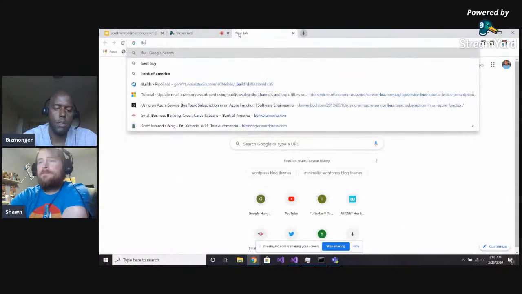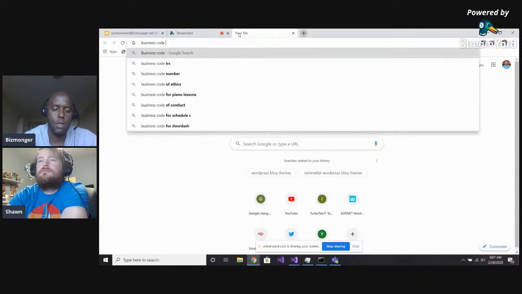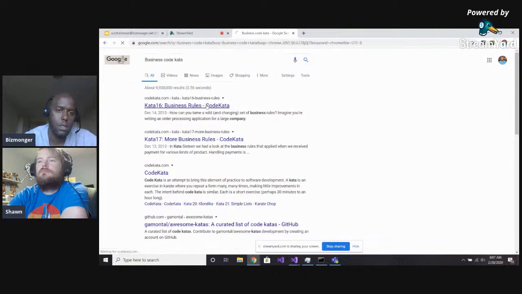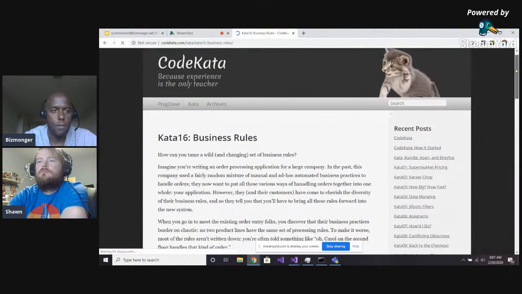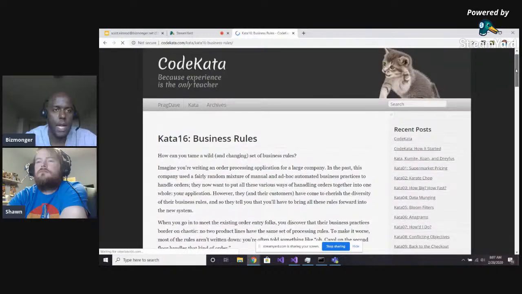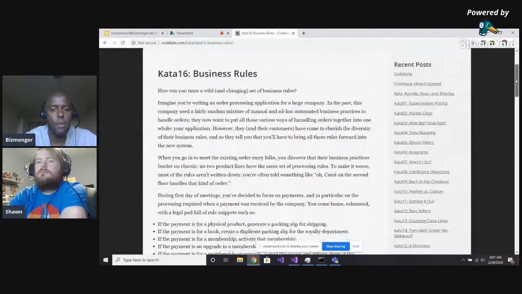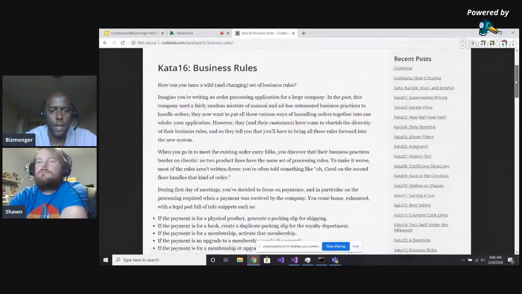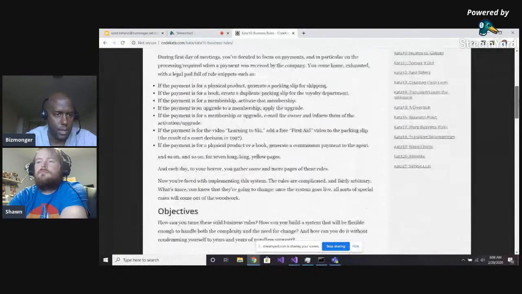So here's an example, right? If I share my screen and I go to the business rules kata, if you try to do this doing TDD, I promise you're not going to have a good design. Those are strong words, but I promise you, right? It's too long for me to read, but